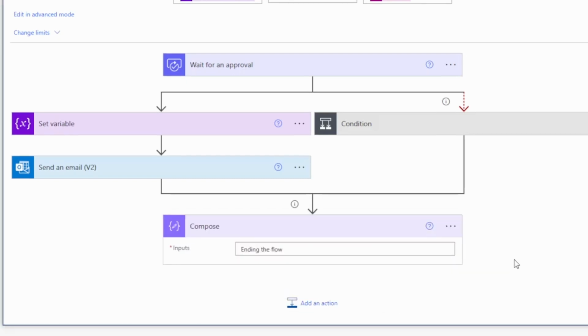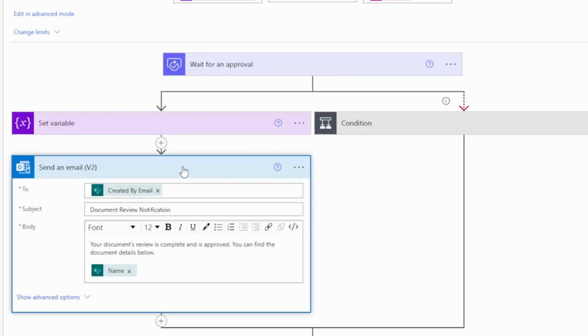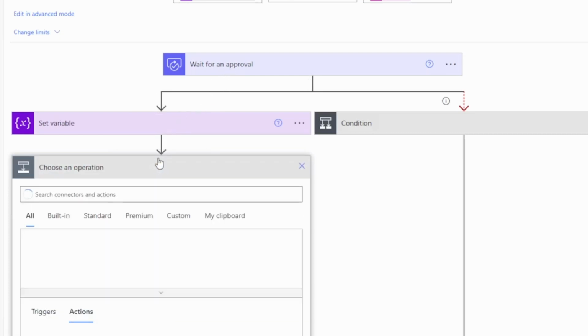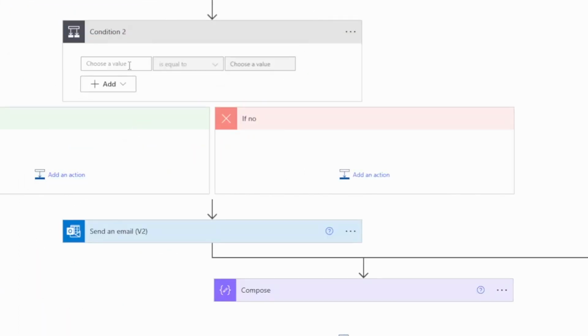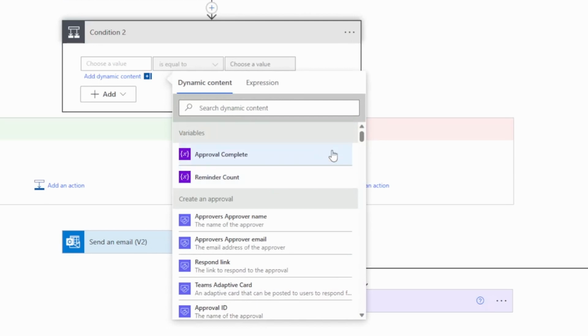and that'll finish our closing. And one thing that's missing here is when we get to this email, we're assuming that it's approved. We haven't actually checked the outcome of the approval. We still need one more step here. So we're going to put something in the middle of here. We'll add a condition, and we're going to compare